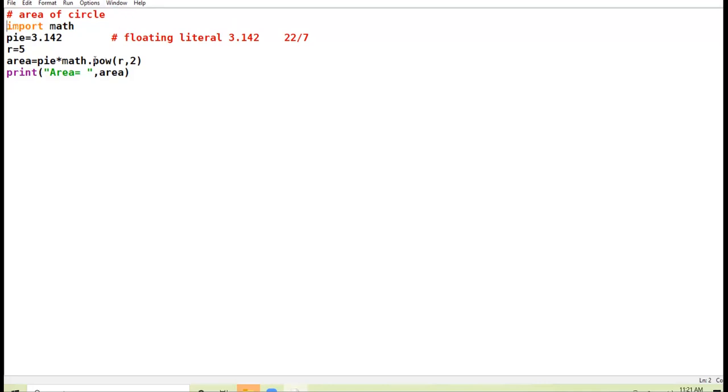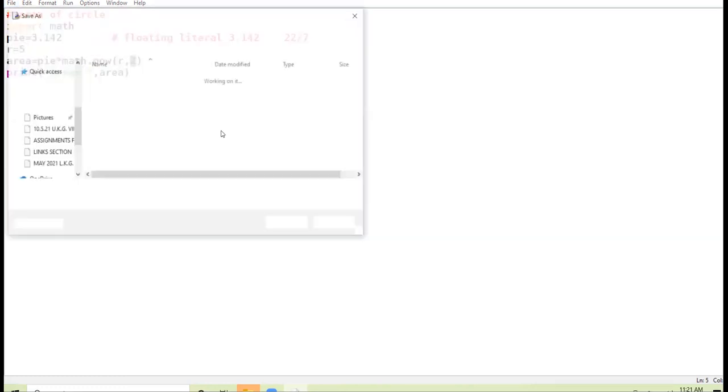Then this power function, it takes two parameters. One is R, the base. Second is the power figure. Okay. I make one more program here that will make you more clear.